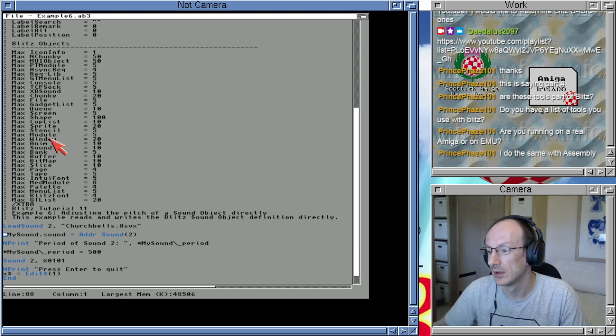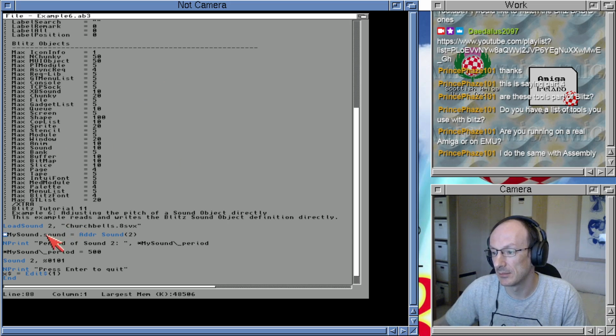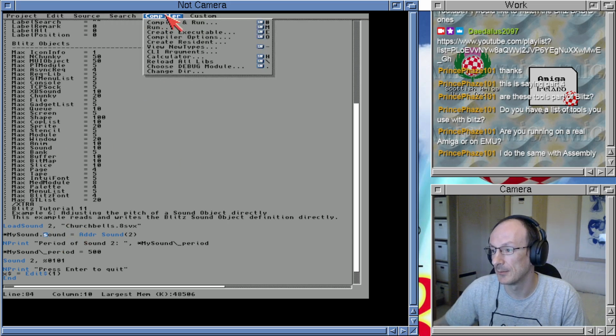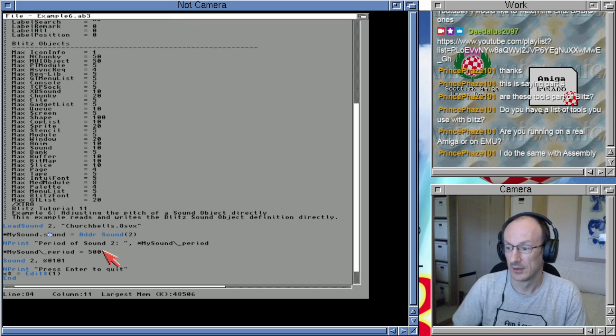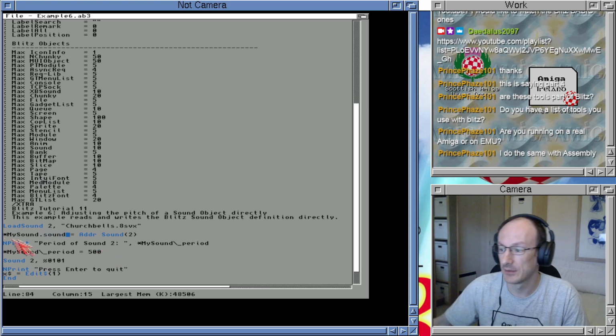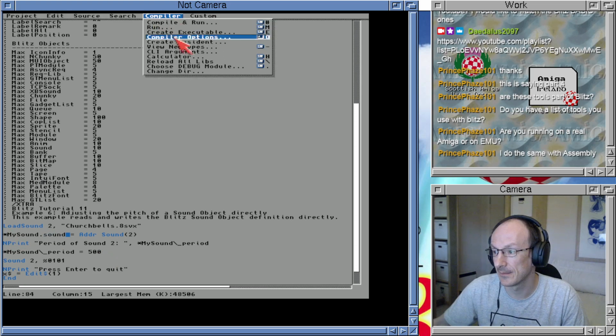And what we have here are the Blitz Basic object types. You'll notice that I haven't defined this new type, or this struct. I haven't defined that. So all it is